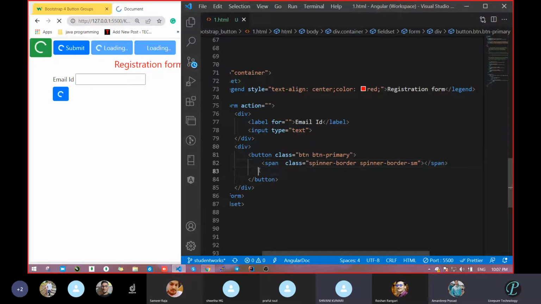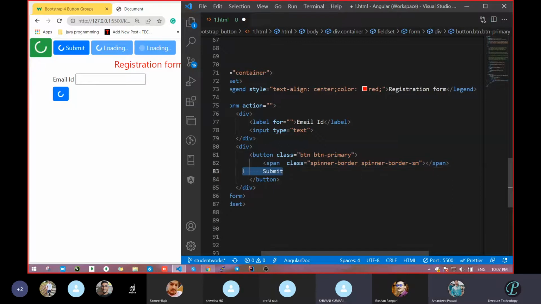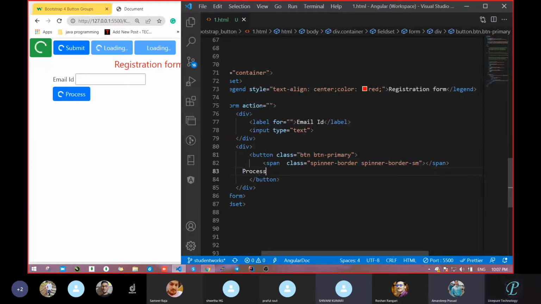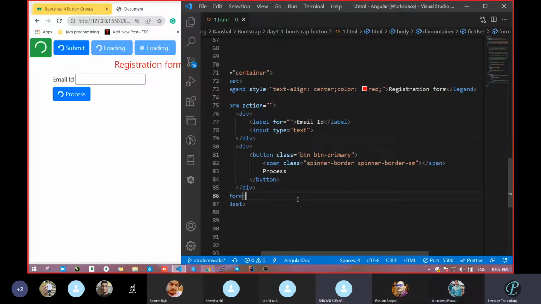You can do loading like this. You can change that text also. Now submit is there, and when this spinner comes, you can show something like a loading process. That is what I was asking. Those things we can do logically, in the Angular case. But now we are just designing, because now we have to know that some classes are like that. With the help of that, we can get some design.